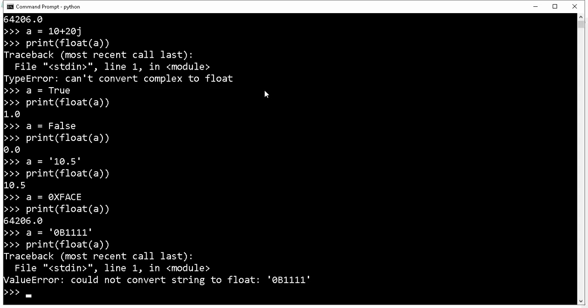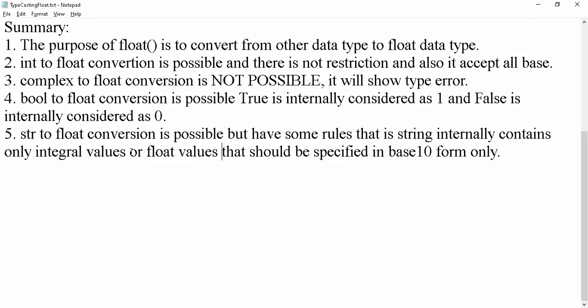Okay, here I have also summarized the points for you for other data type to float data type conversion. This is the summary. The purpose of float is to convert from other data types to the float data type. The second one: int to float conversion is possible and there is no restriction. You can also accept all bases like binary, octal, hexadecimal.